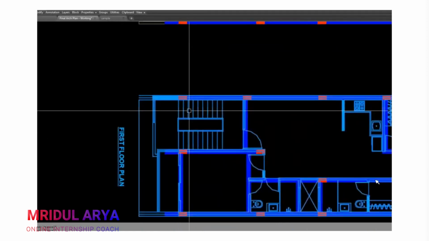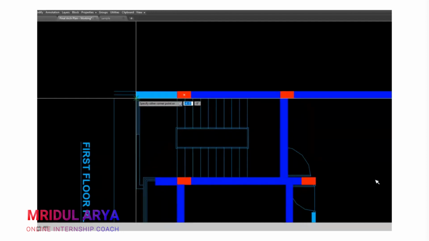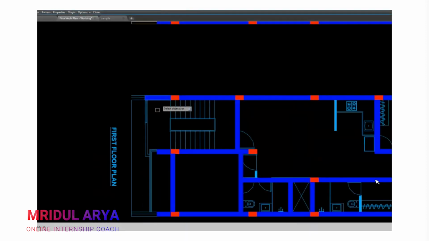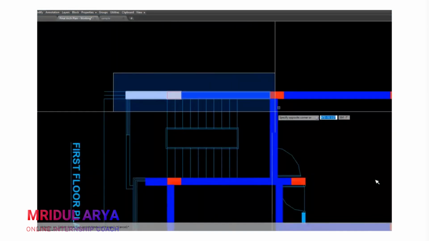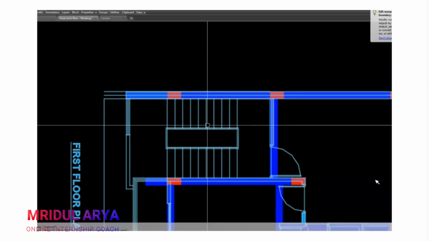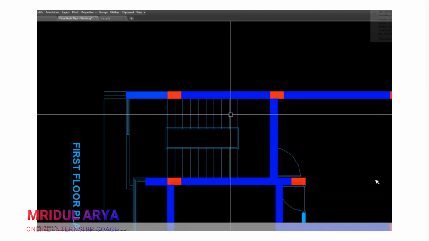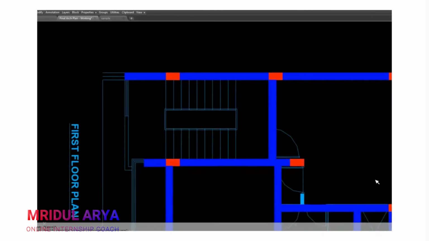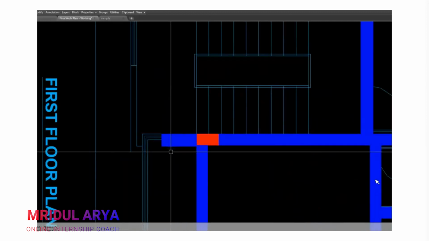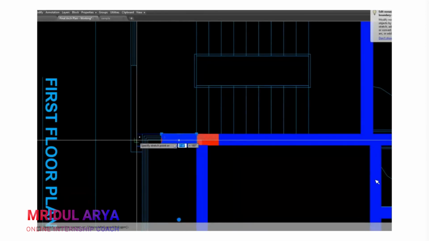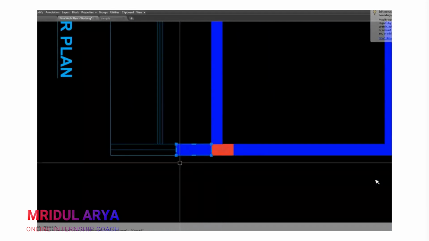Now, as your staircase is going out, I will also place a beam at this location, and sometimes we have to provide these beams as inclined beams because our stairs will be inclined. So it depends on the requirement of the structural element and the requirement of the site. That's how you will go with this situation.